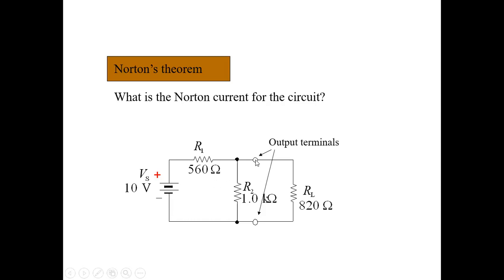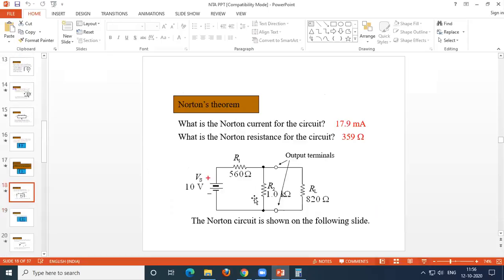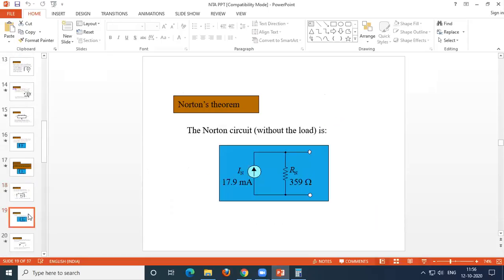To solve this circuit with Norton's theorem, the output terminals are shorted, and when those two terminals are shorted, we find the current flowing through that short circuit. In our example, if we short those 2 points, the 1 kilo ohm resistance also gets directly shorted. So to find that short circuit current,